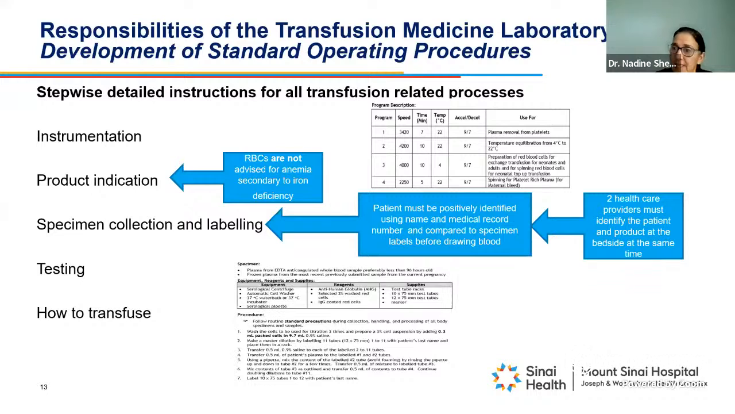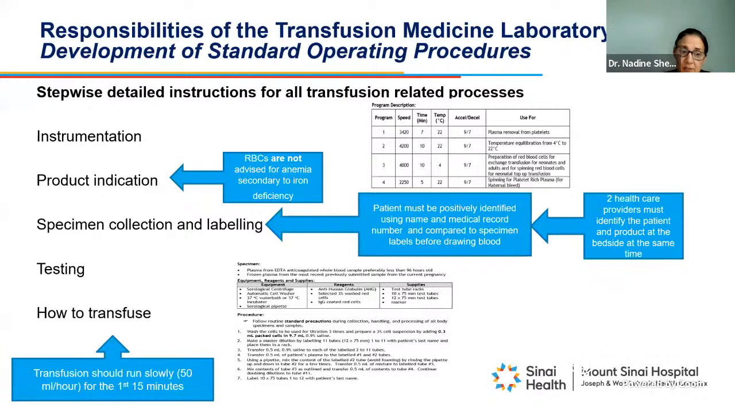An example of testing, for instance, if you're looking at group and screen or alloantibody development, detailed instructions about what is done. So for instance, number 1 here, wash the red cells to be used for titration 3 times. It's that degree of detail that's required in a standard operating procedure. And lastly, how to transfuse. For instance, this is on the bottom of the slide here. How fast the transfusion should run: slowly in the first phases to reduce the risk of